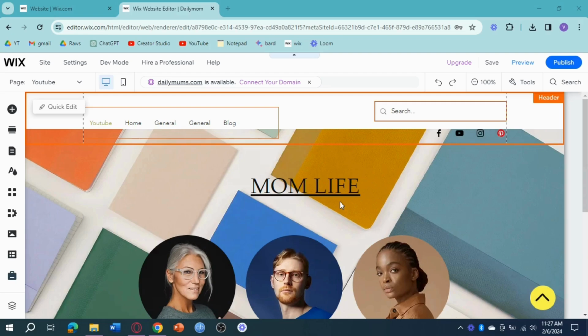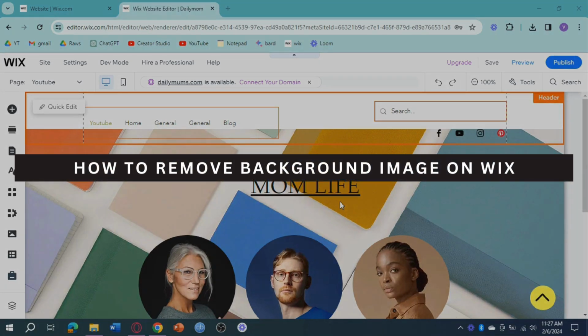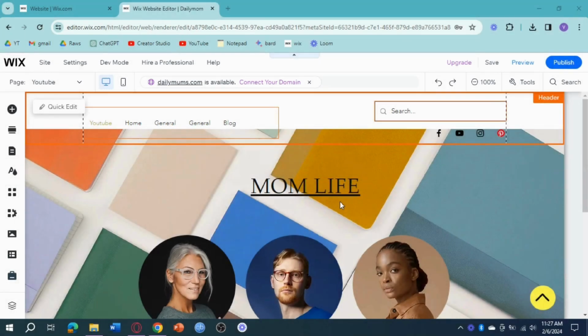In this video, I'm going to show you how to remove the background image on Wix. So let's get started. As of right now, what we can do is just head over